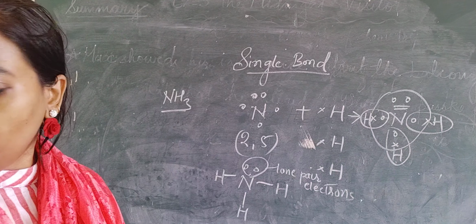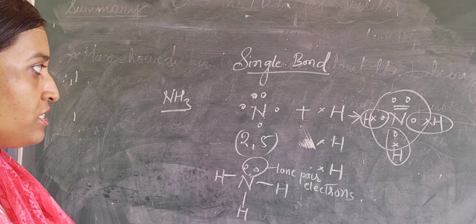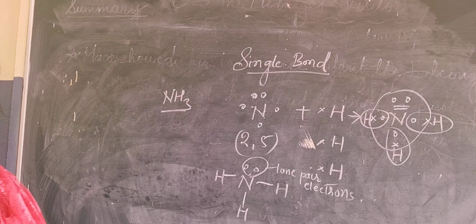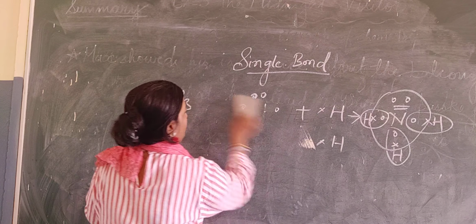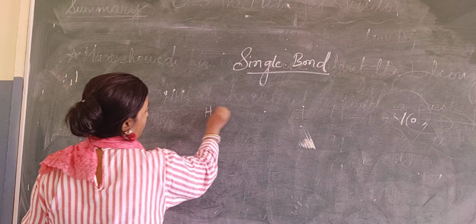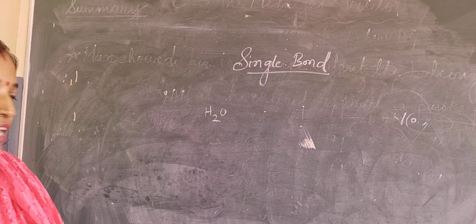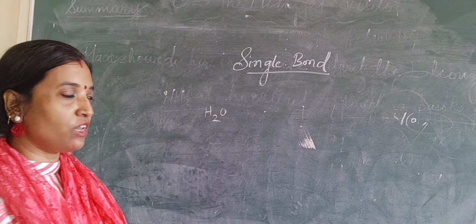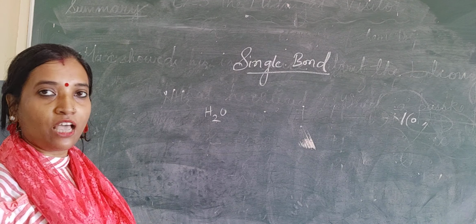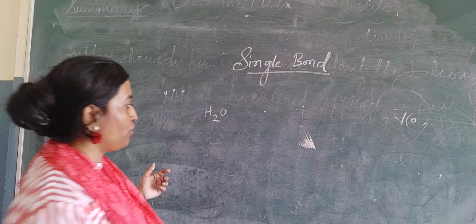Understood? Structure for ammonia. Okay, please draw this and then we will do the structure for H2O. Okay, H2O. First draw this. Okay, now next structure is of H2O. Okay, now students, you know that H is having, means H will do what? It will take 1 electron and complete its duplet. But oxygen is having how many electrons? It is having 6 electrons in the outermost shell.